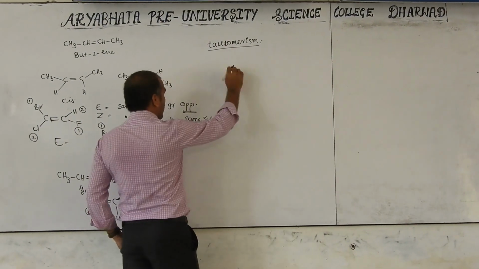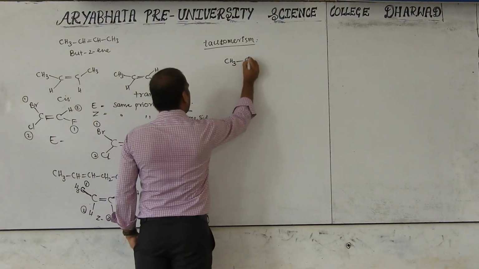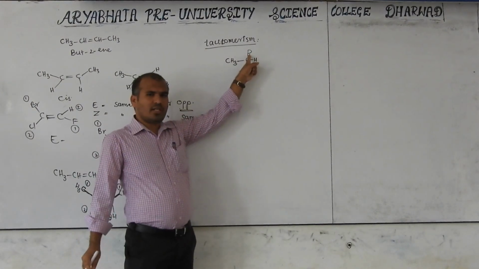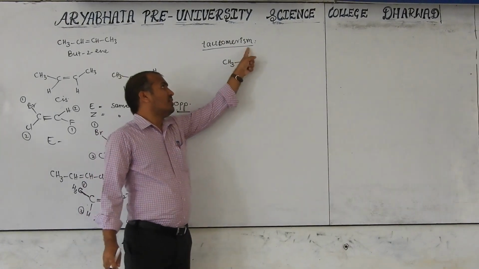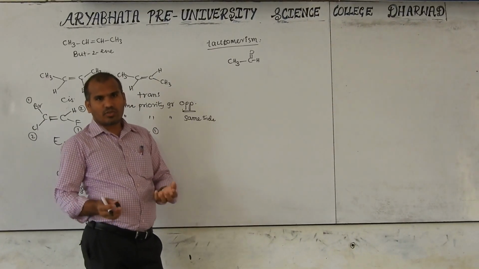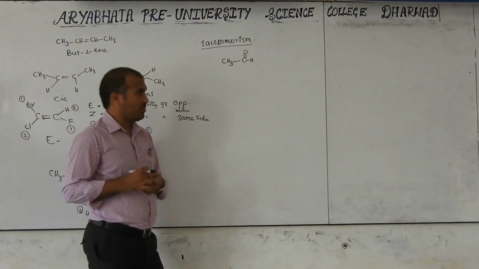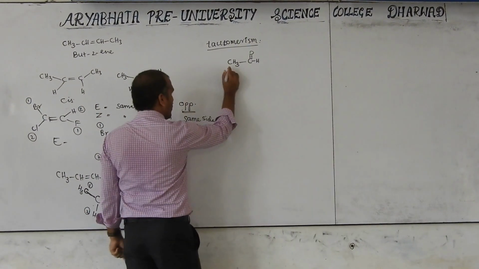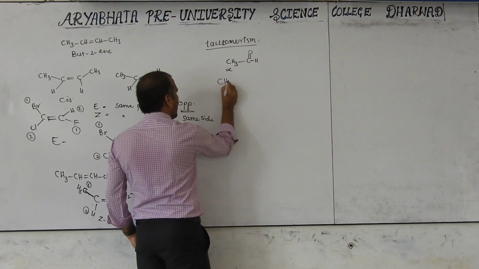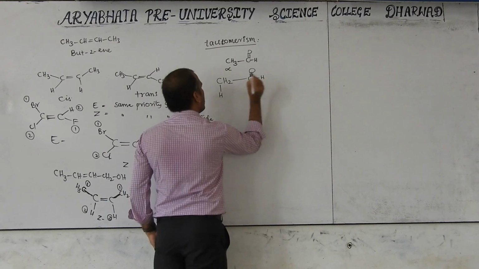So now, I will take one example: CH3C double bond OH. Here unsaturation is present, the double bond. Here, electron withdrawing effects we studied in the first year, inductive effect and resonance effect. So NO2 group, aldehyde group, ketone group, carboxyl, these are electron withdrawing groups. The carbon next to this electron withdrawing group is called the alpha carbon. Then this can be written like this: CH2, H separate over here, C double bond OH.